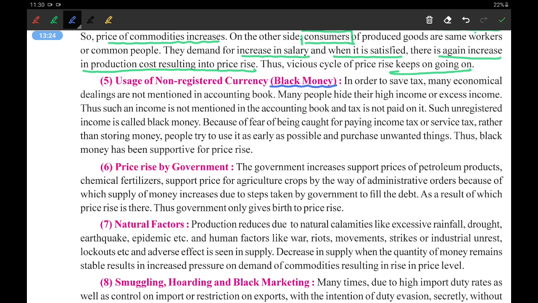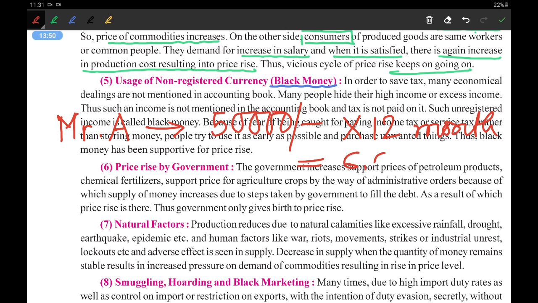Okay, now what is income tax? Income tax means, I'll explain in very simple words. Just imagine Mr. A is doing a job and his salary is, say, 50,000 rupees. Now 50,000 into 12 months is equal to 6 lakh rupees. That means Mr. A earns 6 lakh rupees in a year.